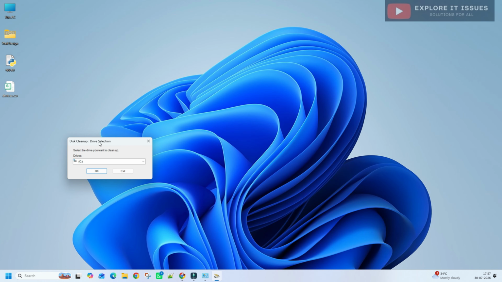When you hit enter, you get a prompt to select the drive you want to clean up, such as C, D or E. When you run this scan, it removes temporary files, the recycle bin, Windows Update caches, delivery optimization files and old files. Many users lose several gigabytes of storage because they never clean Windows. So this command safely removes unnecessary files.